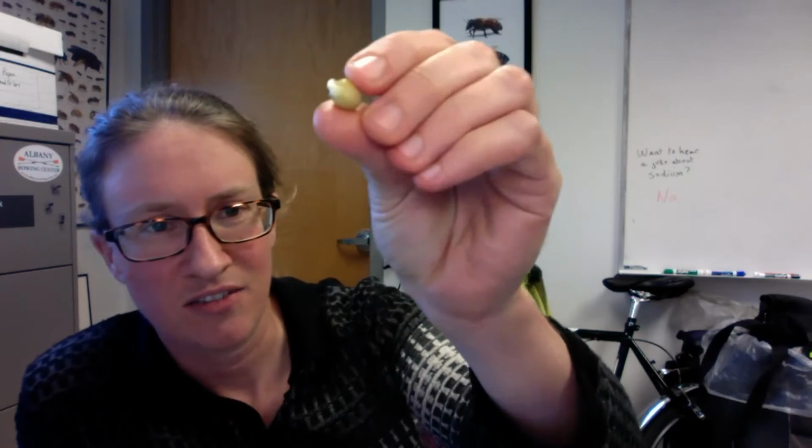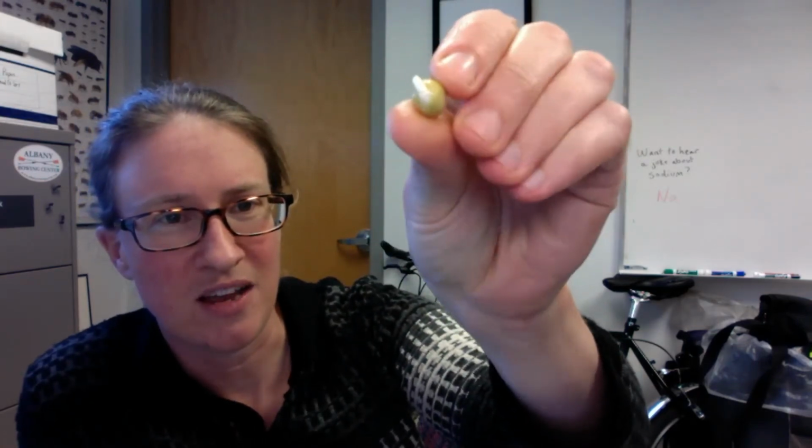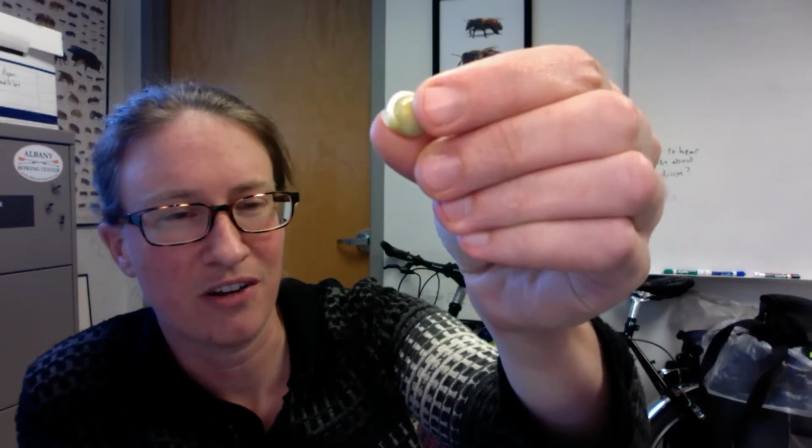You'll want to then check on your seeds that are in the light at regular intervals and examine them for signs of germination. In these pea seeds, it's pretty obvious here. If I hold that up, you can see there is a white radicle sticking out of this pea seed. So this pea is very much germinated. That's the same type of sign you'll see for your seeds. Once you've reached a point where you're observing a reasonable amount of germination in your light germinated seeds, so in my dish, almost all of these pea seeds are germinated,